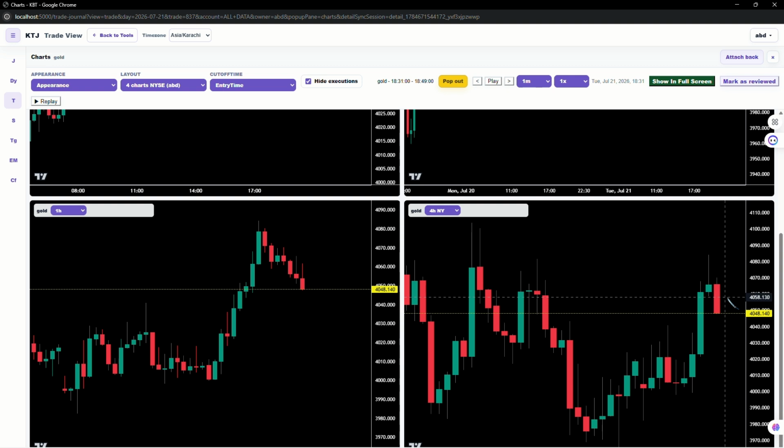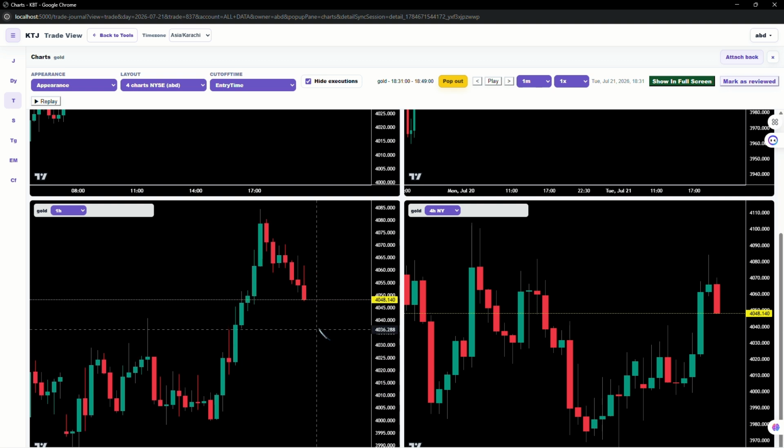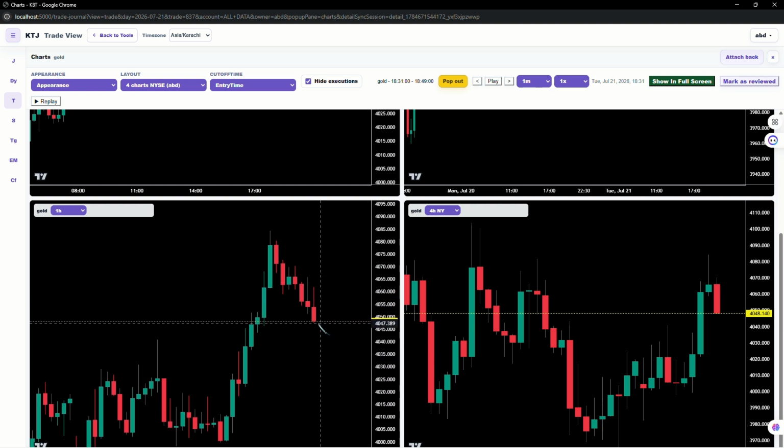So if the 4 hour can break this low, we can think that the market may melt till this point. So we could think that the market may melt now, and that's why we were looking for bearish structure on a lower time frame. So this was our hourly time frame, and on the hourly time frame the market was melting, and